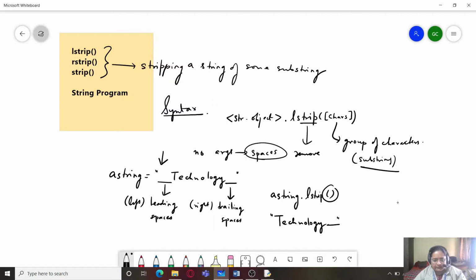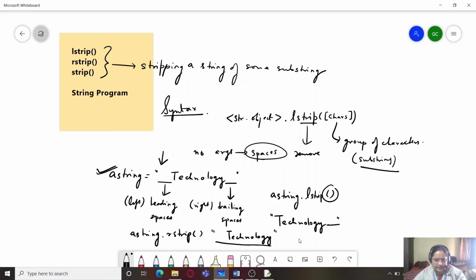If you use the rstrip function on this string, that is, if you just replace it with rstrip, it will strip the string of spaces from the right side. Remember, we are working on this original a string, and this is a value which is being returned. No change takes place on the original string. We will just see that. It doesn't make any changes to the original string.